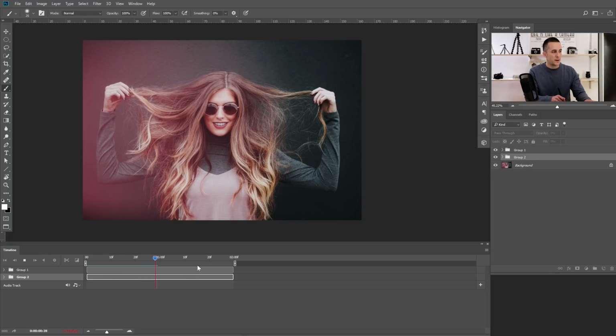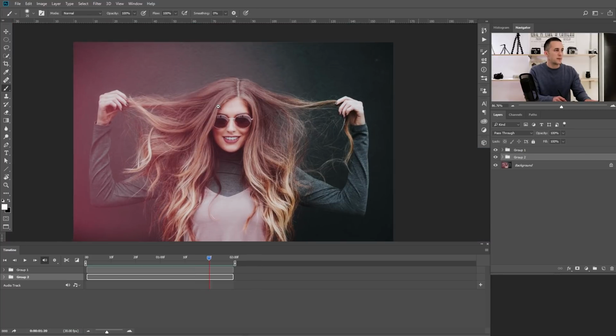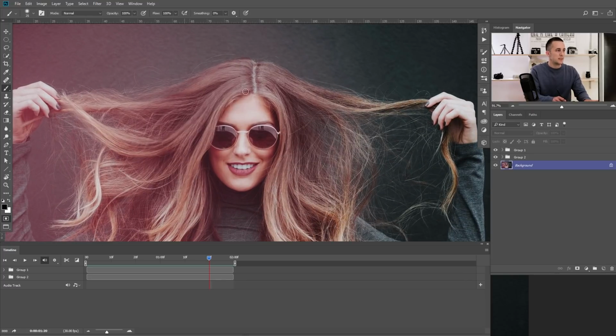And now it will first render, right, and then it will start to play really nicely. See how beautiful it is? I like this part here really much. See how the hair is flowing really nicely, right? Now let's stop it and let's create another one. Q for a quick mask. Then let's zoom in a little bit,